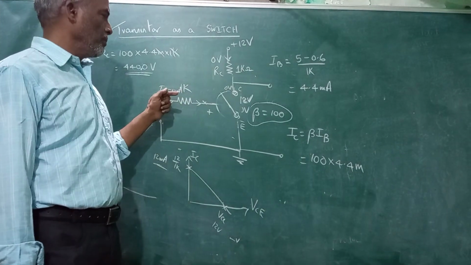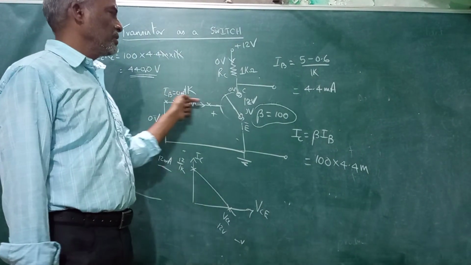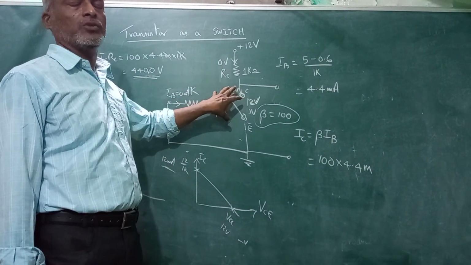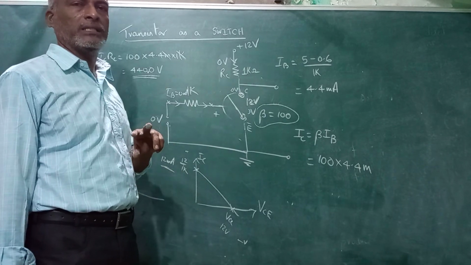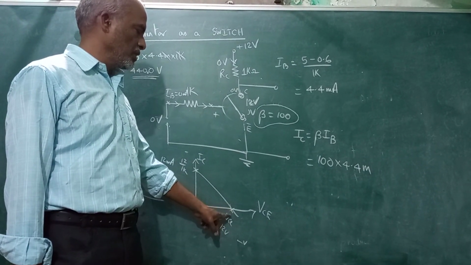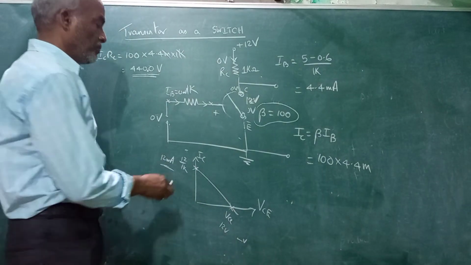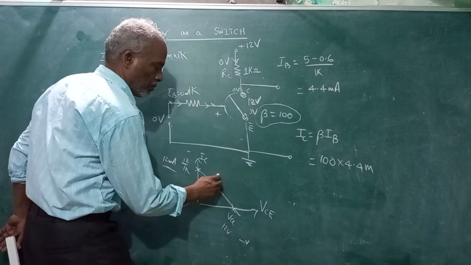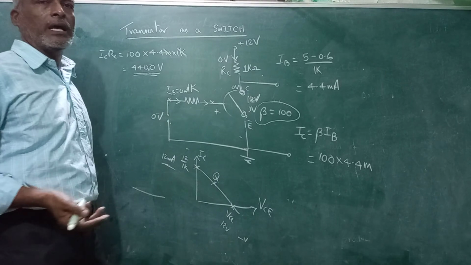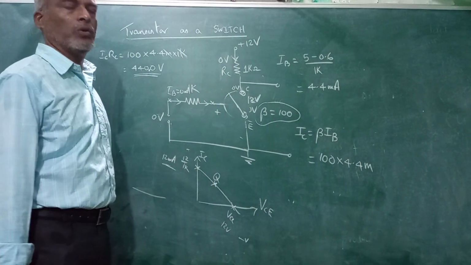Now the controlling parameter in our regular switch is the finger, but here it is the base current that controls the functionality of the transistor. So we can make the transistor work as a switch. That means the Q point, the quiescent point, will shuffle between either cutoff or saturation. If the Q point is at any other point on the load line, it can act as an amplifier. Usually in an amplifier, the Q point will be at the middle of the load line.